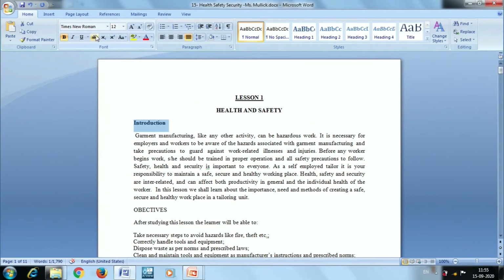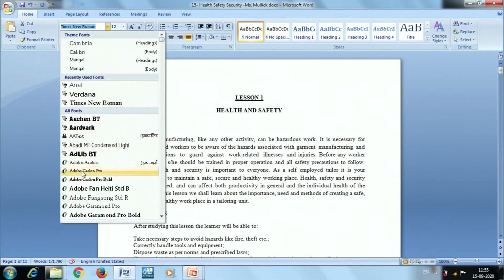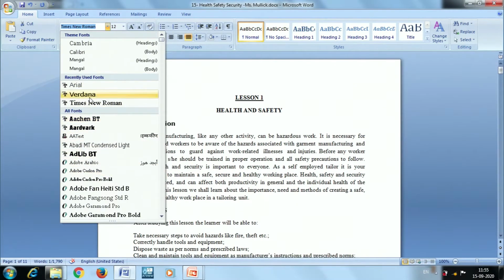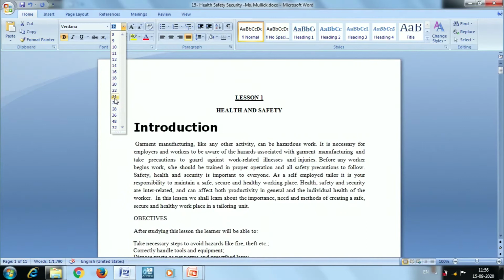For that, this is the font name. Here I can click any of the font names. If I click any font name, the text will also be changed to the particular font face I have chosen. If I want to change the size of my text, I can click this font size. I can choose any one.